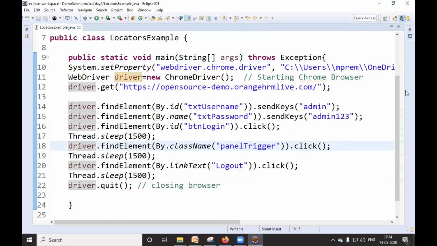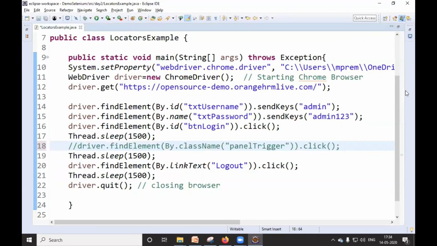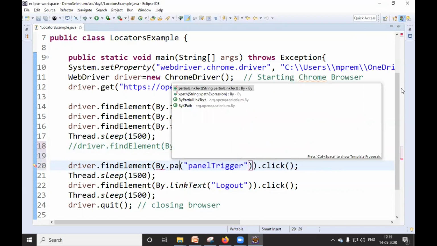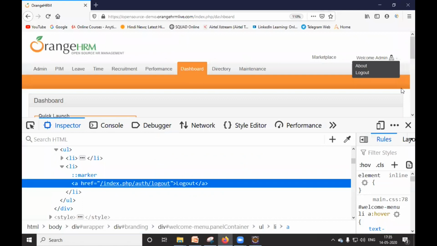Now I will comment out the code for clicking on welcome admin, and I will write it here with the help of partial link text. Partial link text deals with a small portion of the complete link text. Suppose it is welcome admin.